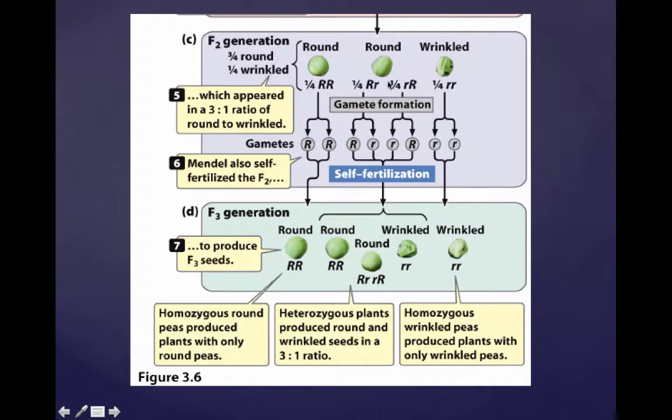So then, when the F2 generation was allowed to self fertilize, we see that certain alleles are going to be able to be passed on. So, a big R is going to come from the homozygous dominant genotype. Either a big R or a little r is going to come from the heterozygous genotypes. And then a little r is going to be the only allele that can be passed on from the homozygous recessive genotype. So when self fertilization took place and he looked at the progeny in the F3 generation, what he ended up finding was that there was